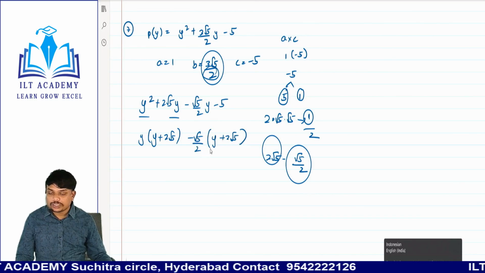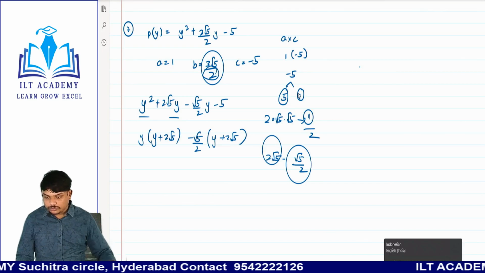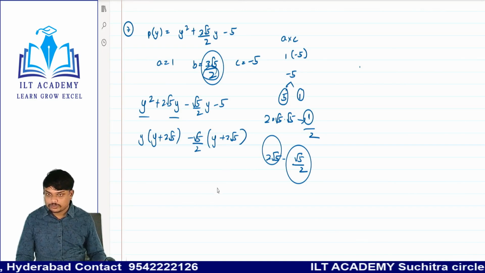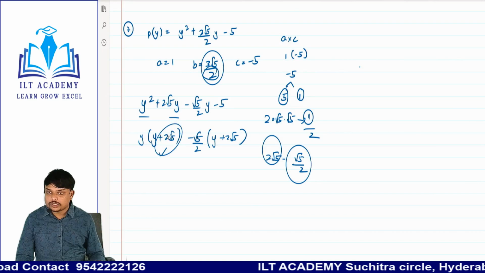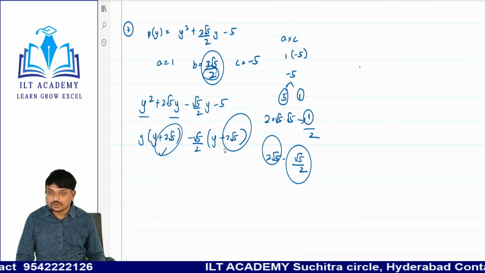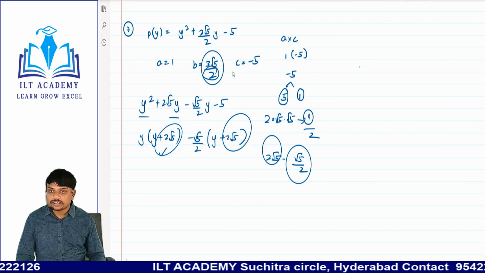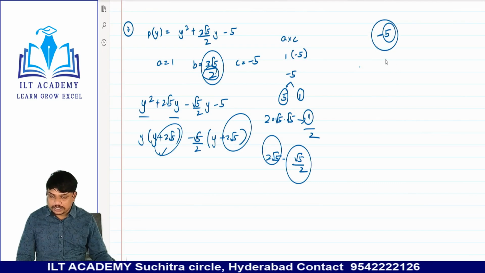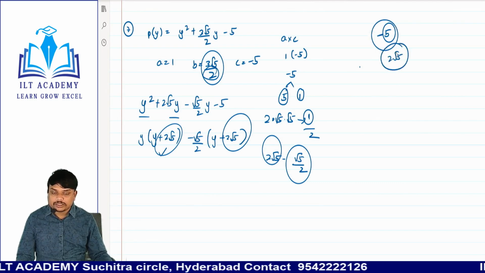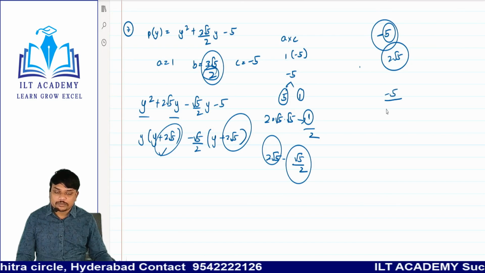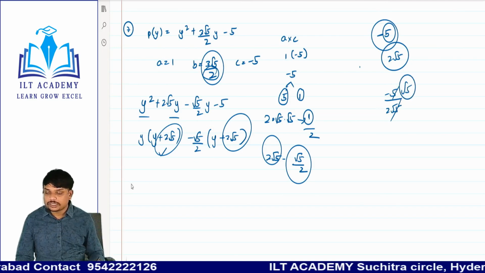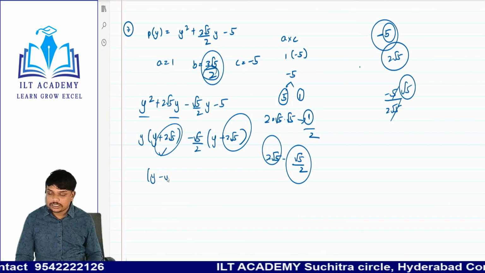Now see, root 5 by 2, ये देखो, ये ब्रैकेट जो यहाँ आया ना, now see the bracket में जो कॉमन लिए था ना, वो भी सेम रहना चाहिए. One thing is for sure. Now 2 root 5 में you see the last digit is what? minus 5. और इसमें क्या है? I know that 2 root 5 कॉमन लिए तो और क्या रहता? root 5 by 2. You divide this, so minus 5 upon 2 root 5. 5 cancel. 5 by 2, what you need to take common, so it will become y minus the root 5 by 2